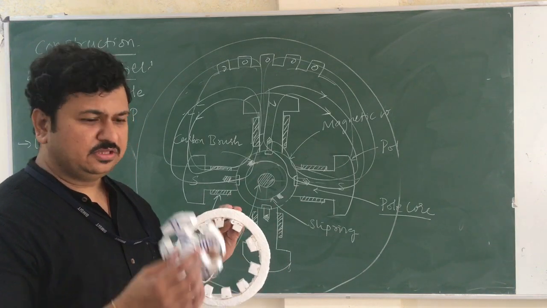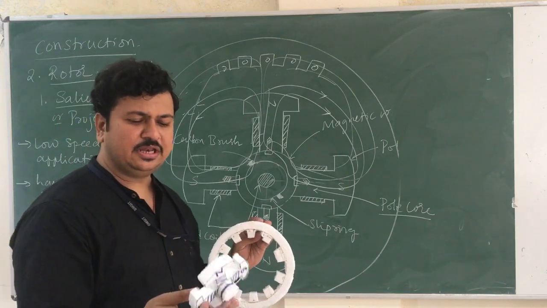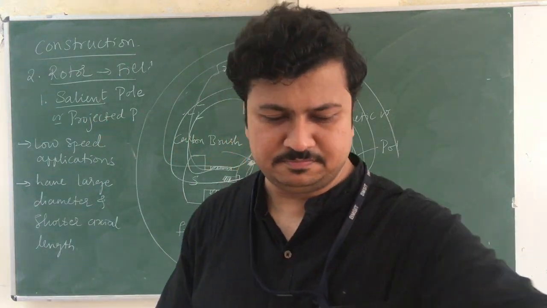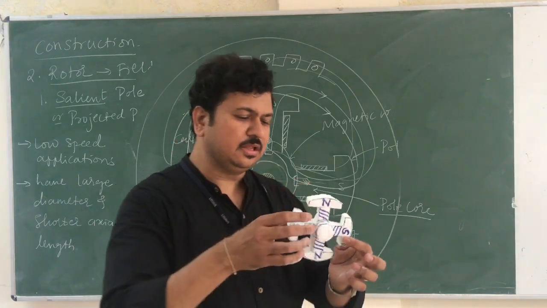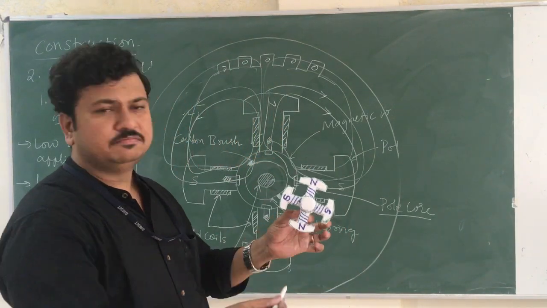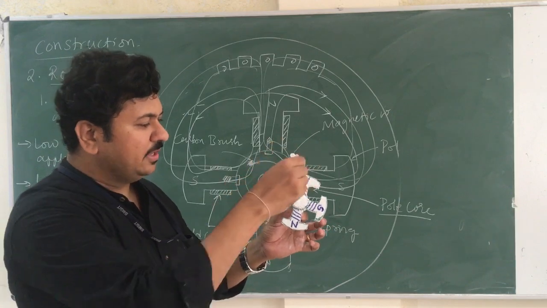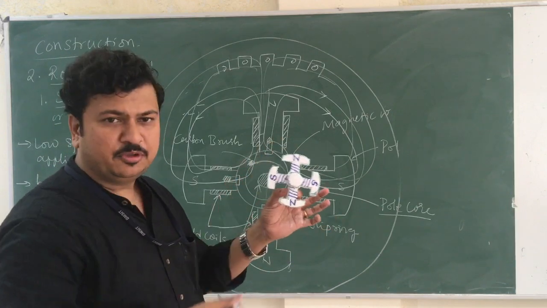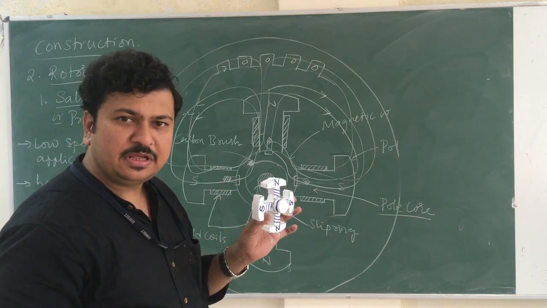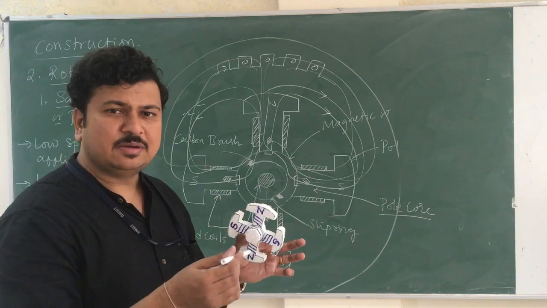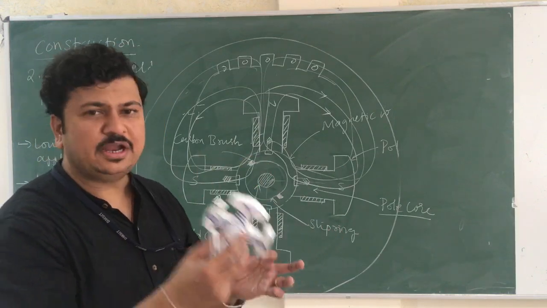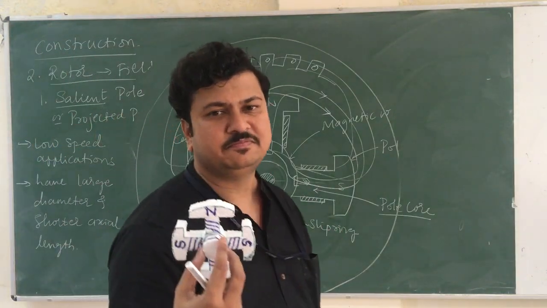Okay? So this is the rotor, which is a salient pole rotor. You can see the projected poles here. The poles are projected outside and upon that I am placing the winding. This winding is permanently connected to slip rings and slip rings are supplied from the external DC through brushes. This is how I am creating magnetic field in the generator.